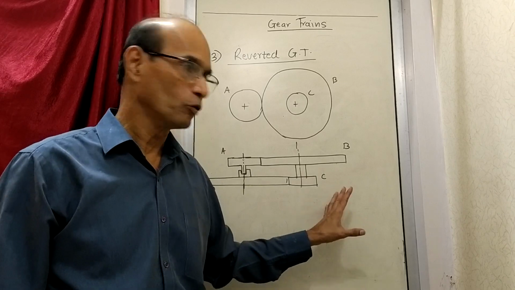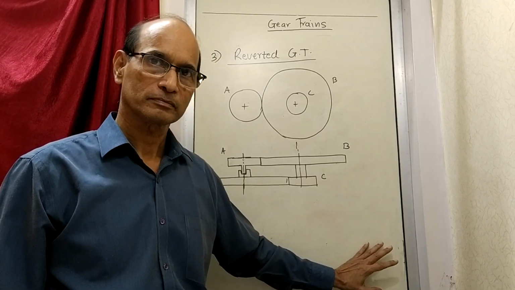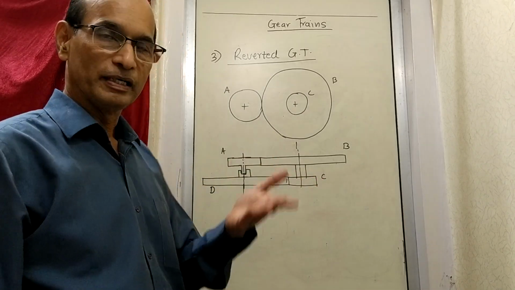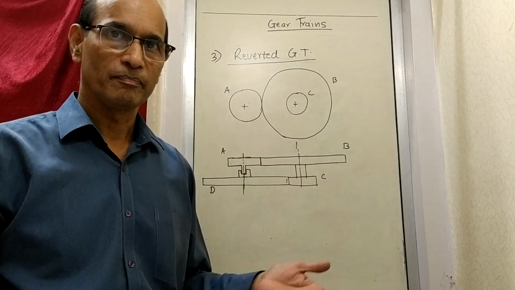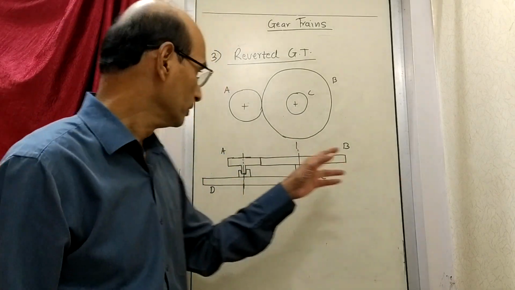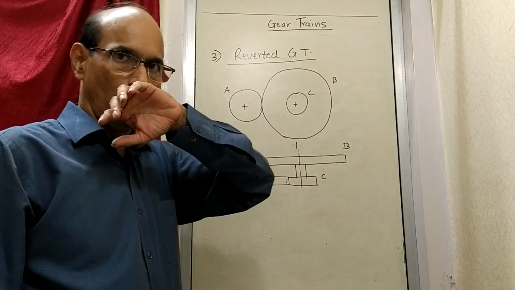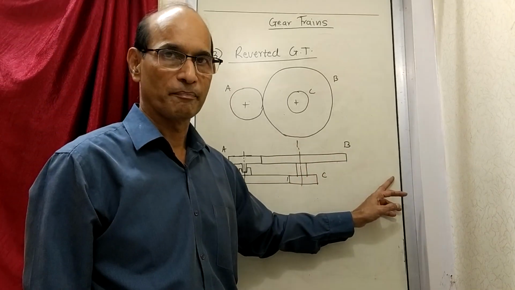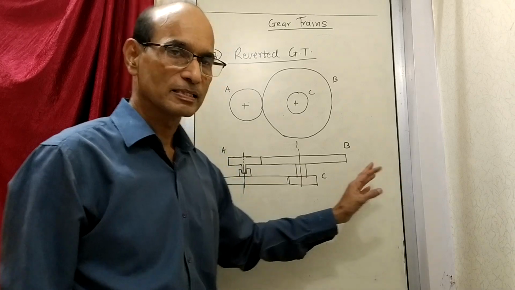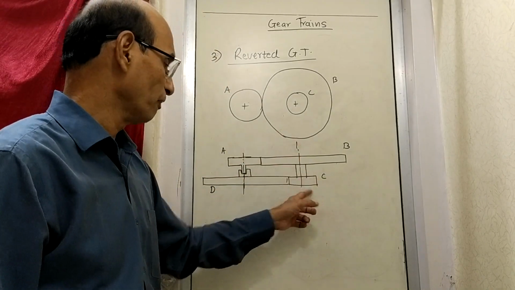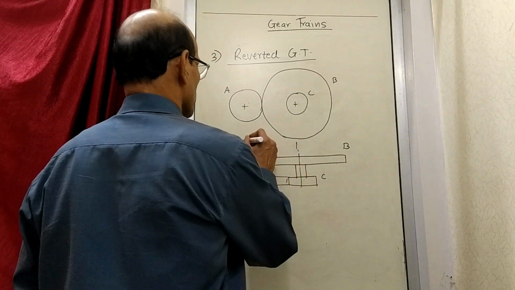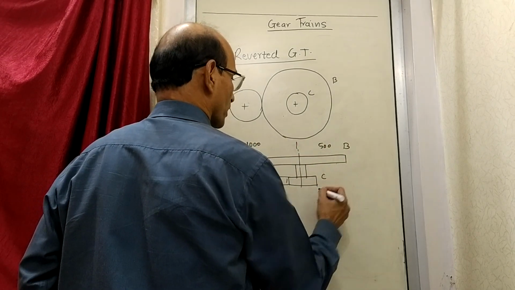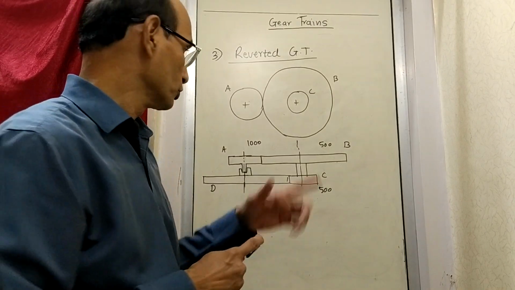Now what is going to happen because of all this? By this arrangement, first thing is, as we have written, it is a case of compound gear train. That means whatever we have earlier done, this was rotating at 1000 RPM, then 500 RPM, 500 RPM, and then 166 RPM. Now in this case, 1000, 500 RPM, 500 RPM also is there. This much is the same because there is no change.